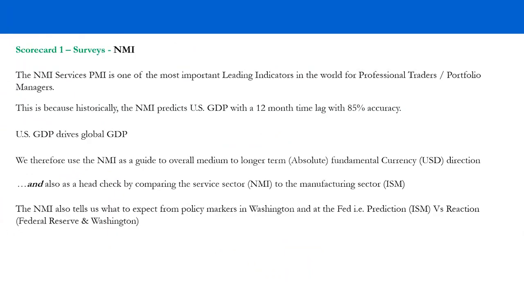So just a quick rundown before we continue to build out our endogenous process. What we've done here is we've looked at two very important surveys in the United States with the intention of predicting what's going to happen in the US economy in 12 to 18 months' time. The reason we're doing that is because we want to predict whether in 12 to 18 months' time there's going to be inflationary or deflationary conditions. And if we predict that now with this information,